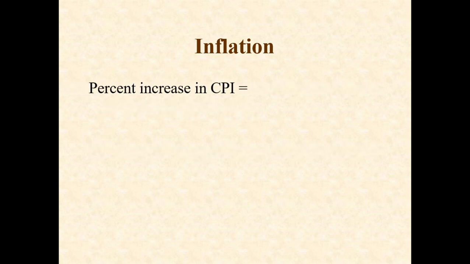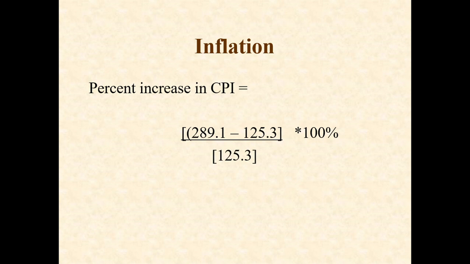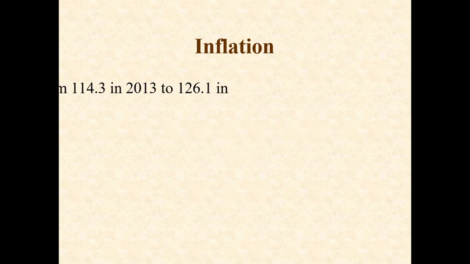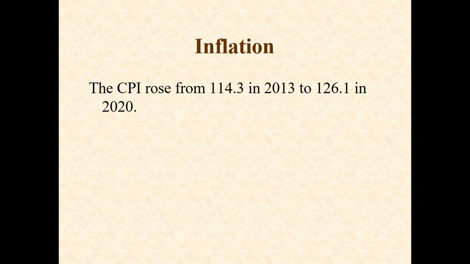This is how to go about it. Percentage increase in CPI: you subtract the previous from the most current, then you divide it by the previous, times 100%. And you can use your calculator to give this one a try, and I believe you get the same answer. Let's take another example. The CPI rose from 114.3 in 2013 to 126.1 in 2020. By what percent did